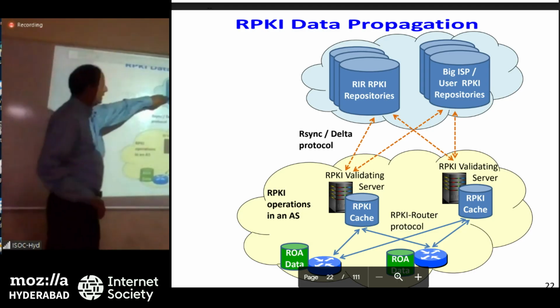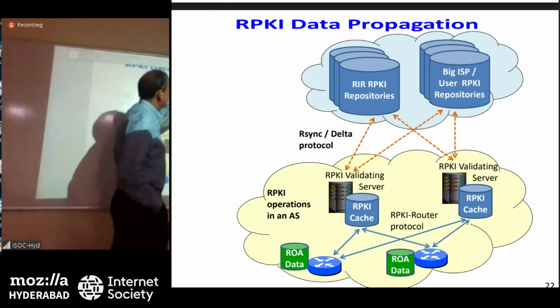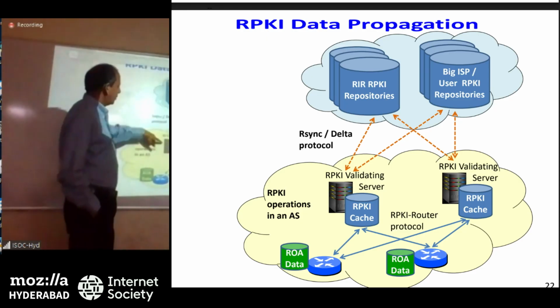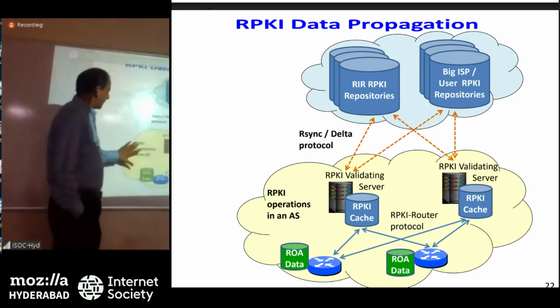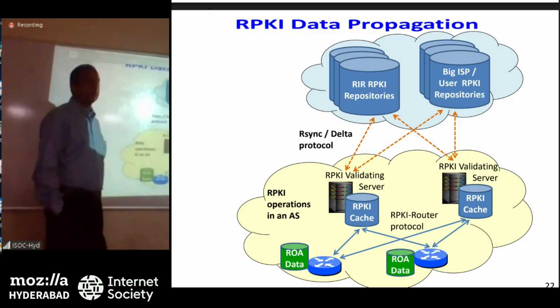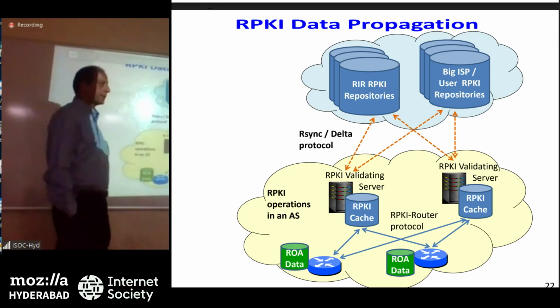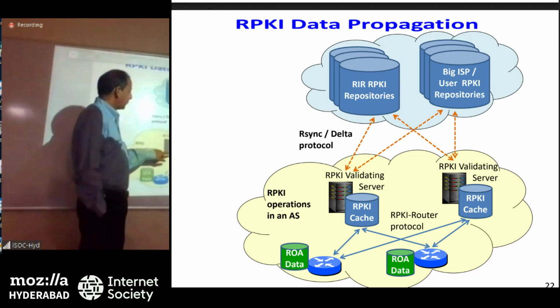So essentially there are the repositories, which may be maintained by RIRs, or big ISPs may maintain a repository as well. Those are downloaded to RPKI validating servers that are in your network, or in your ISP's or transit provider's network. And then from there, there is the RPKI-to-router protocol, which is RFC 6810 as well as 8210. So the RPKI-to-router protocol is used to propagate